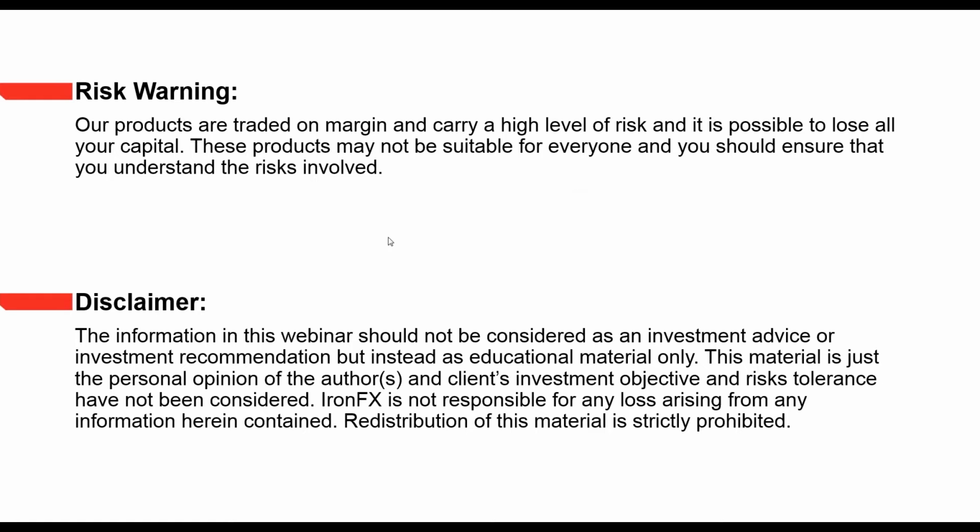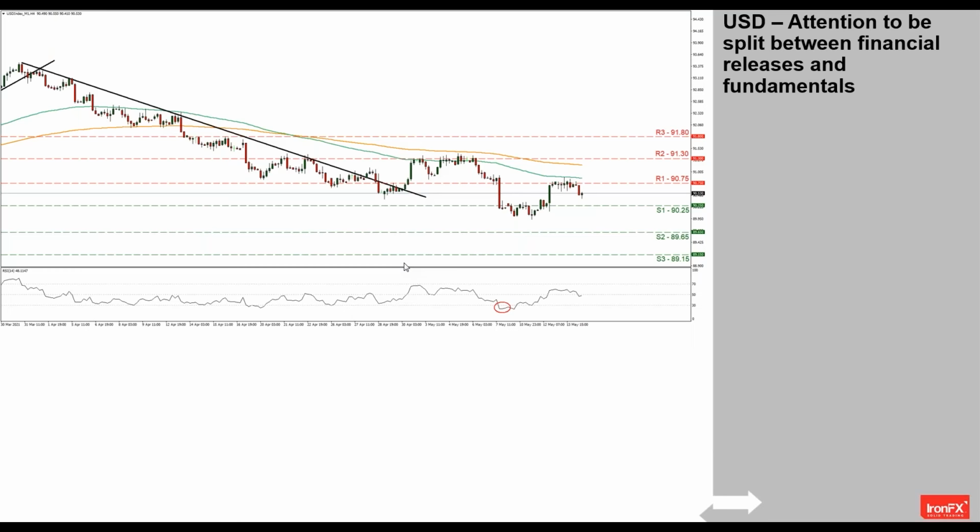Now, with no time to waste, we move to the US dollar. And this should be the USD index for our chart. Note that practically the index has rather stabilized in the past 2 weeks and is moving between a high level of 91.30, which is our R2, and the low level at around 90.25. The stabilization occurred practically after breaking the downward trend line characterizing its movement throughout April.